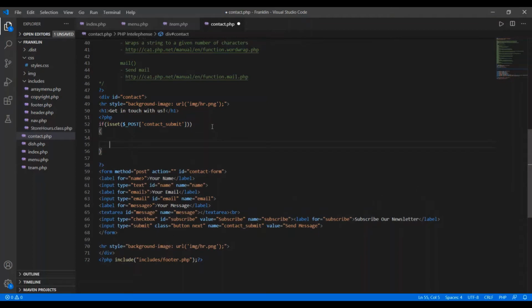What I have to do is assign the value to the variable that I'm going to read from the form. First of all, the value that I read from there is the name.